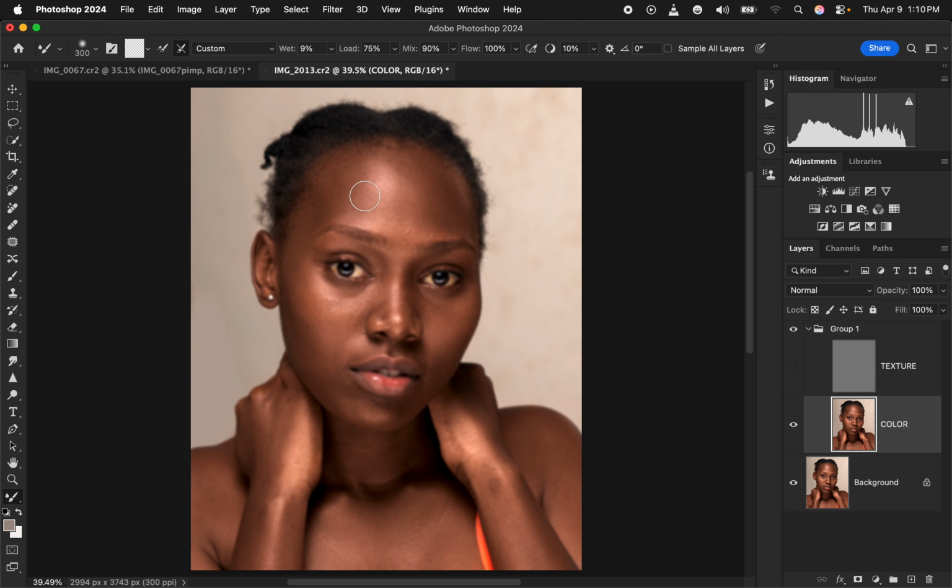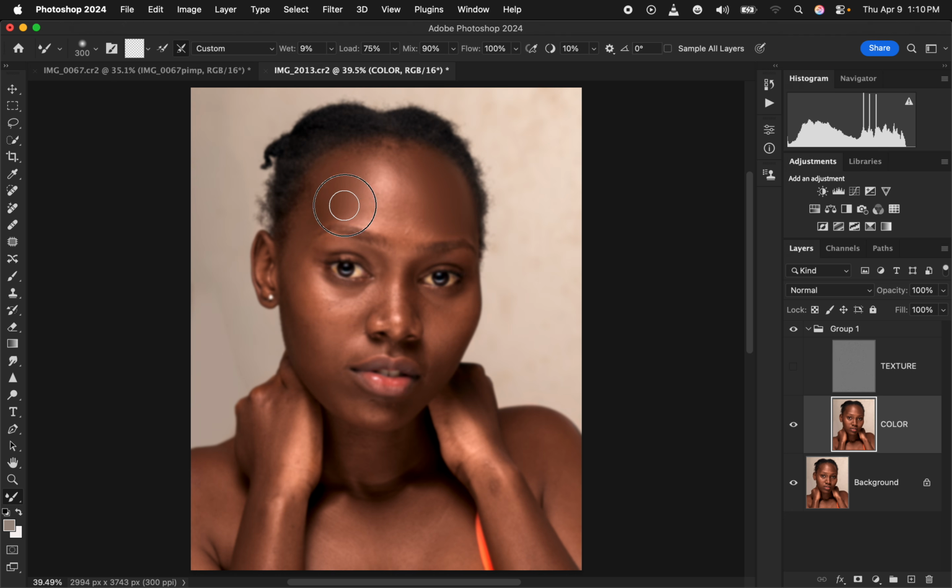For example, on the forehead area, you have to apply it while following the shape of a given area. So for this, make sure the size of the Mixer Brush tool is going to remain within that area that you want to blend. You can see this dark area. To apply it, simply brush like that. So you can brush only that dark area,